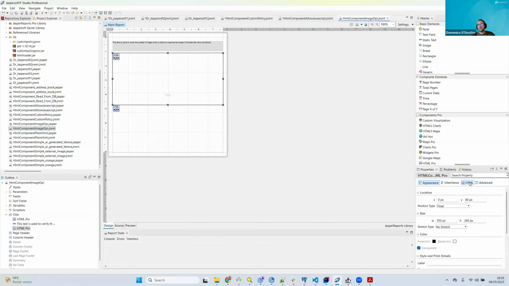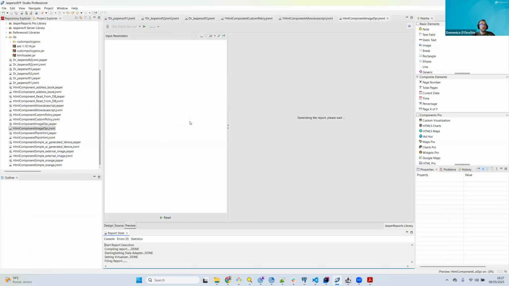So just as a specification, this setting is only taken into account when the report is exported in a few formats like Word format and Excel. But if I preview here within Studio, I can already have a clear difference of what will happen when exporting to those formats. And in a moment,